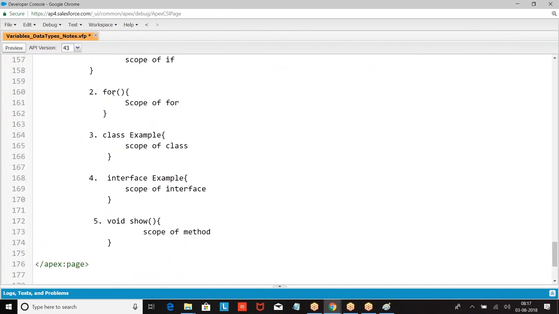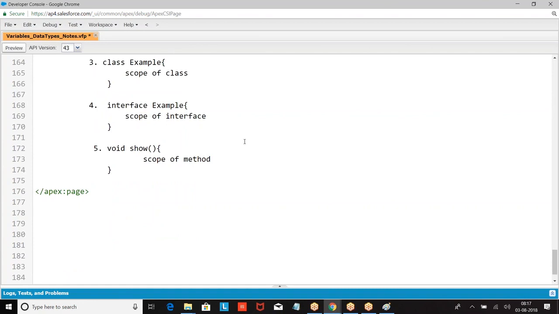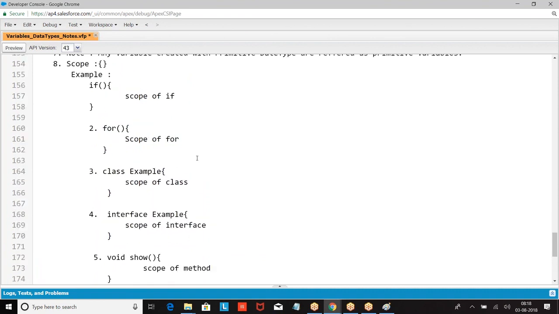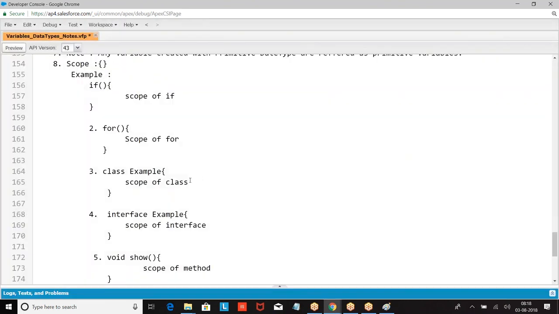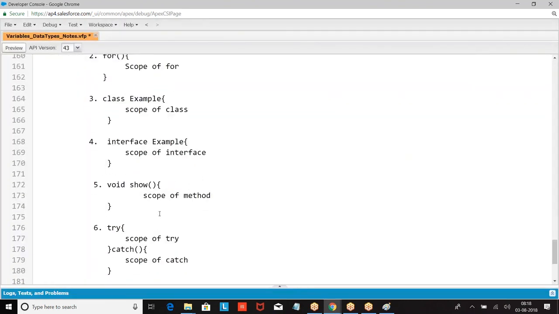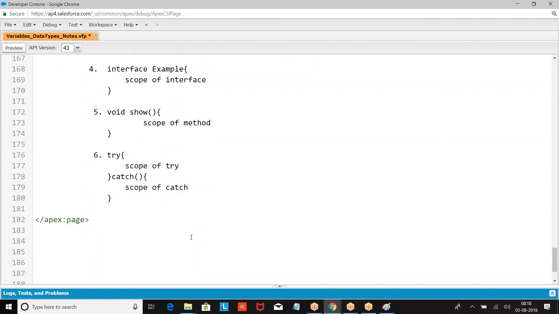Scope of interface, scope of method, scope of try, scope of catch. This is what we are going to get. Different concepts of scope: scope of if, for, class, interface, method, try, catch.